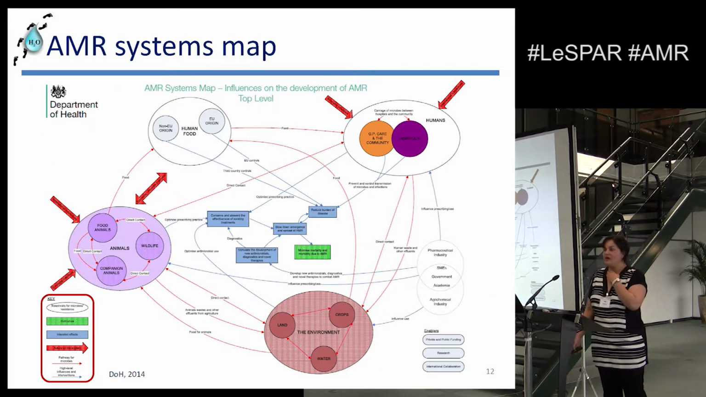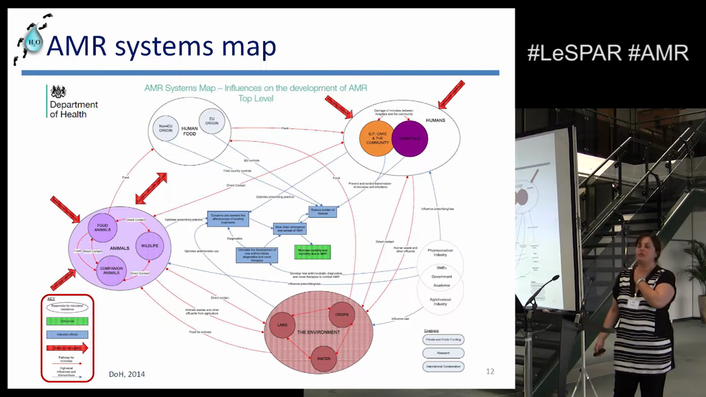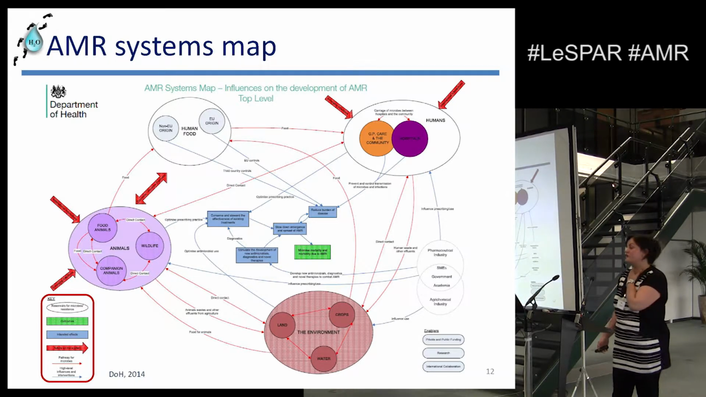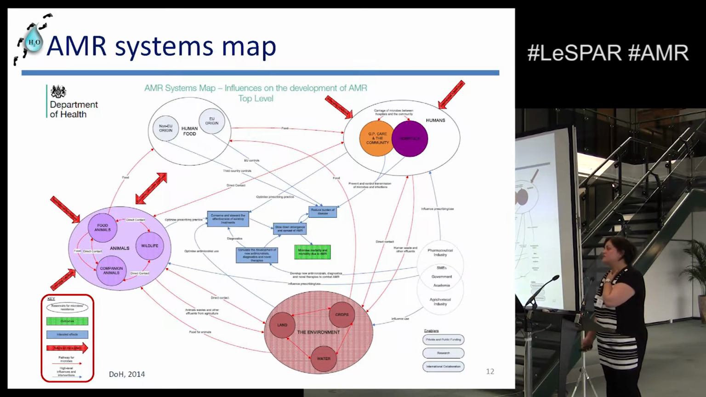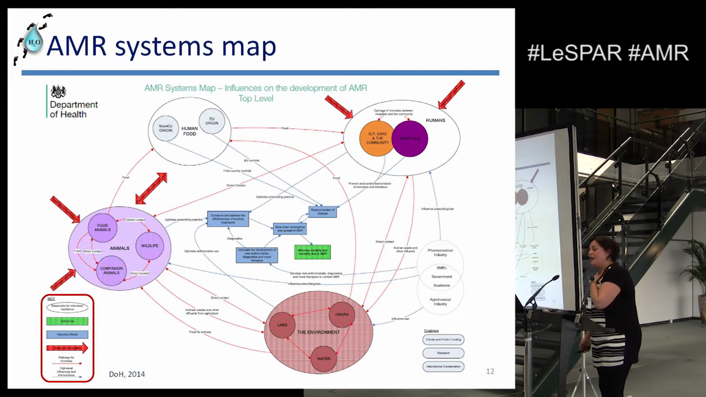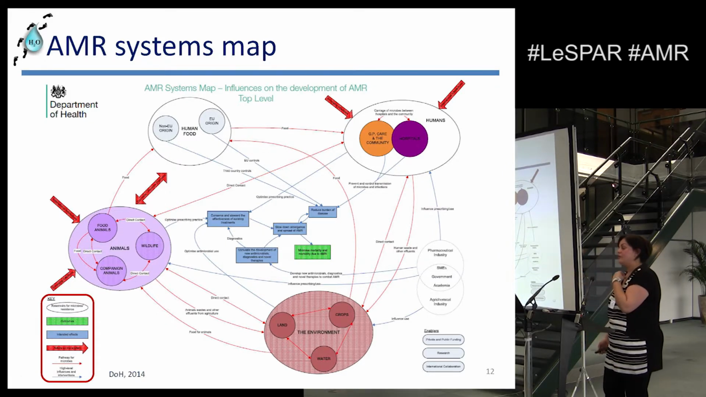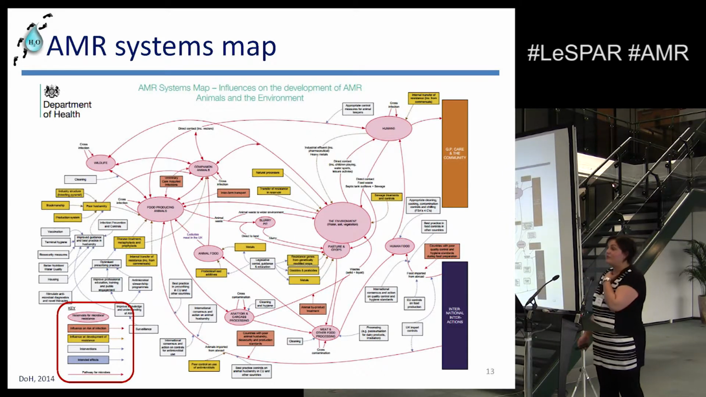Now this is where we are, end of last year, with what the Department of Health did. It was actually four governmental agencies. For those who haven't seen this yet, they've got about six or seven different systems maps, and this is the overview one. So they've got the environment, animals, humans, food, and then it gives an idea of the complexity,